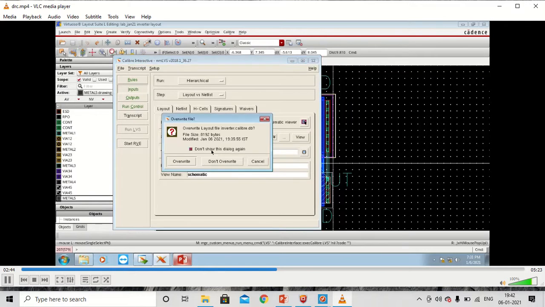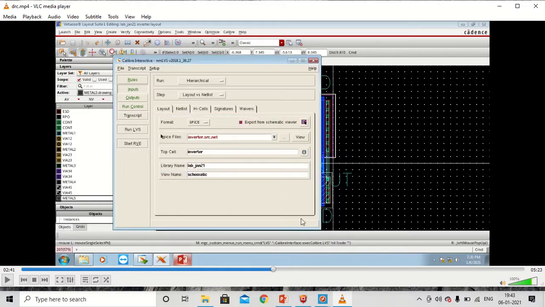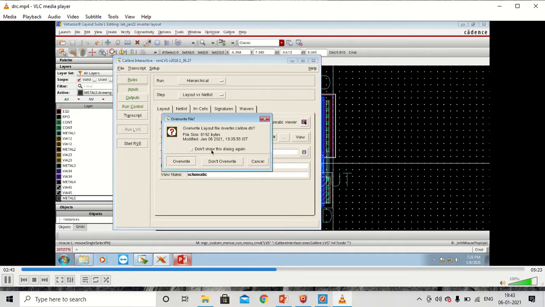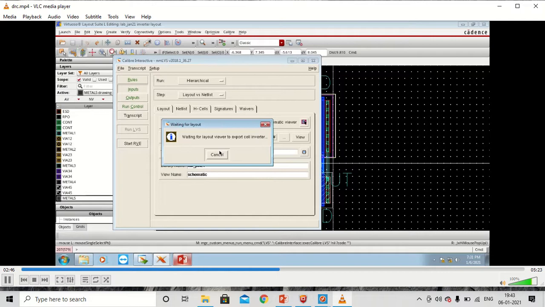We'll select the checkbox to export the netlist from the schematic viewer. Then we'll run the LVS, which will overwrite any files from previous runs. So this is a fresh LVS.